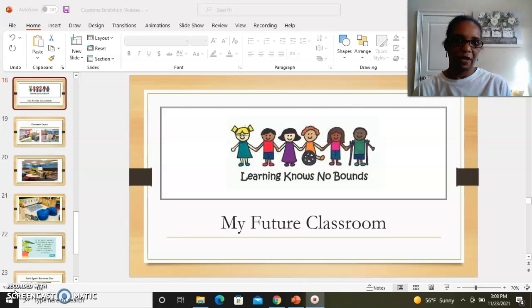Working in the classroom, I think about, whenever I do cross that bridge to where I want to teach or be in a classroom, I will have it. Learning knows no bounds. My future classroom. I want my students to learn from every possible angle, as they see fit. And I want them to have a voice in the classroom. I want them to feel at home in the classroom. I want them to be able to just have opinions. And that's how you make your classroom environment fun. That's how you make it feel warm, by letting your students have a choice in their learning process.